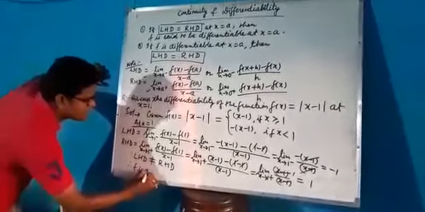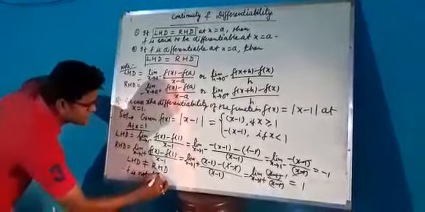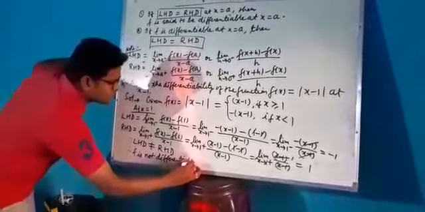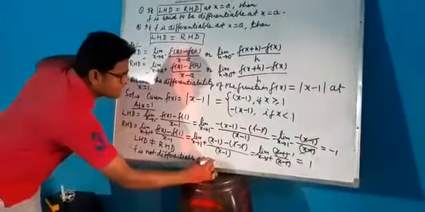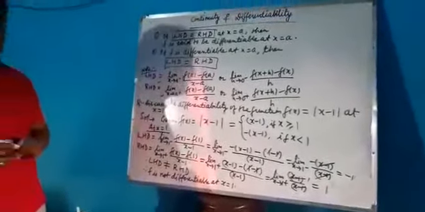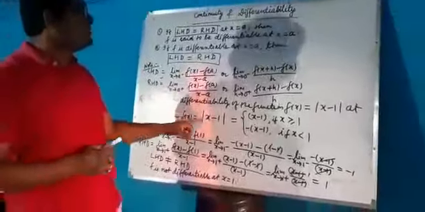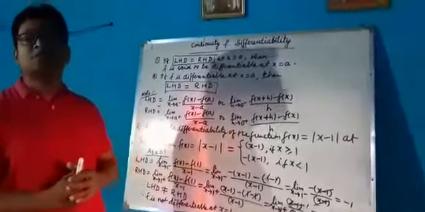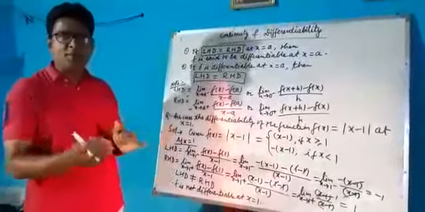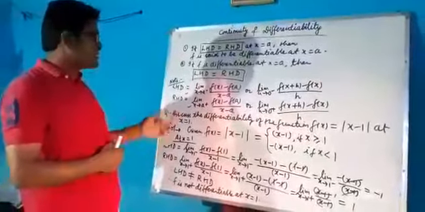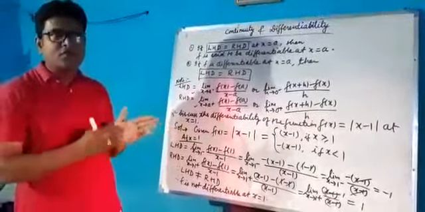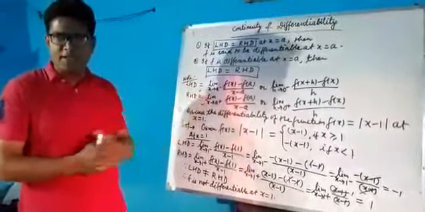So we can write, since left hand derivative is not equal to right hand derivative, f is not differentiable at x equal to 1. Function is not differentiable at x equal to 1. So whenever we differentiate this function, we are unable to find the results because it is not differentiable. Sometimes you have studied in class 11, you have differentiated some functions. Now see, sometimes it is not possible to differentiate the function also. Same holds for the case of integration, I will discuss later.